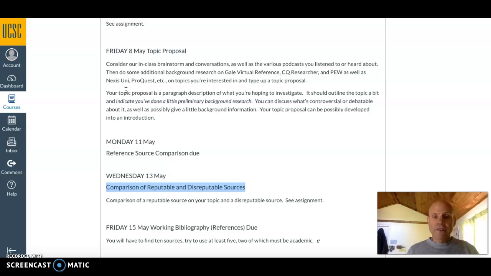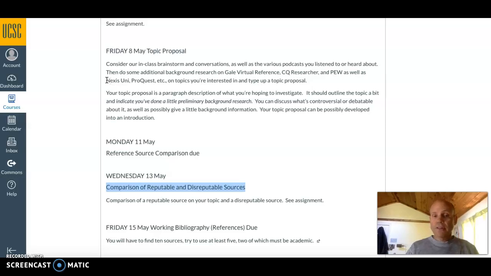Then I'm having you do some additional research on Gale Virtual Reference, which will be in the next video. But you can also go on the library webpage, connecting through the VPN server, and look at these databases to do a little extra research.